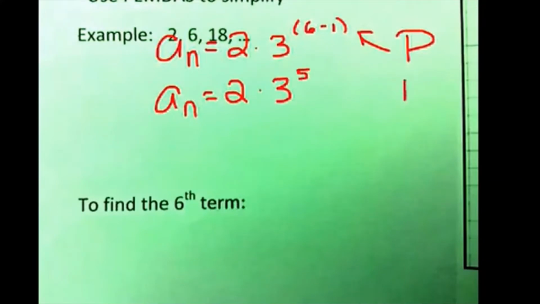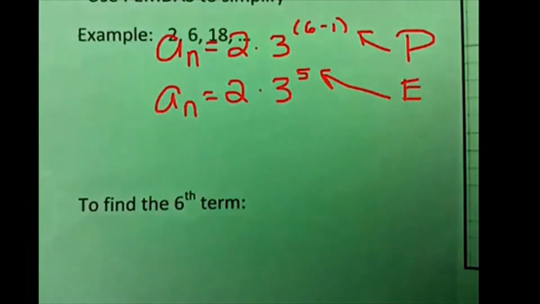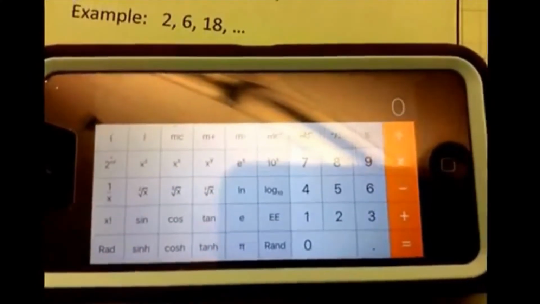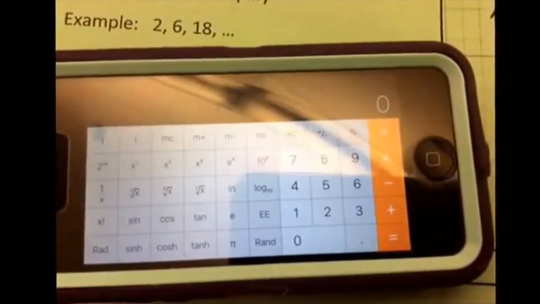Next thing in PEMDAS is my exponents. So now I have to get rid of this exponent of a 5. So in my calculator, I need to do 3 to the 5th power. You have your phone. Let me show you how to do that on your phone. All right, so if I want to use my phone calculator to do 3 to the 5th power, what you need to do is turn it to the side so you get the extra